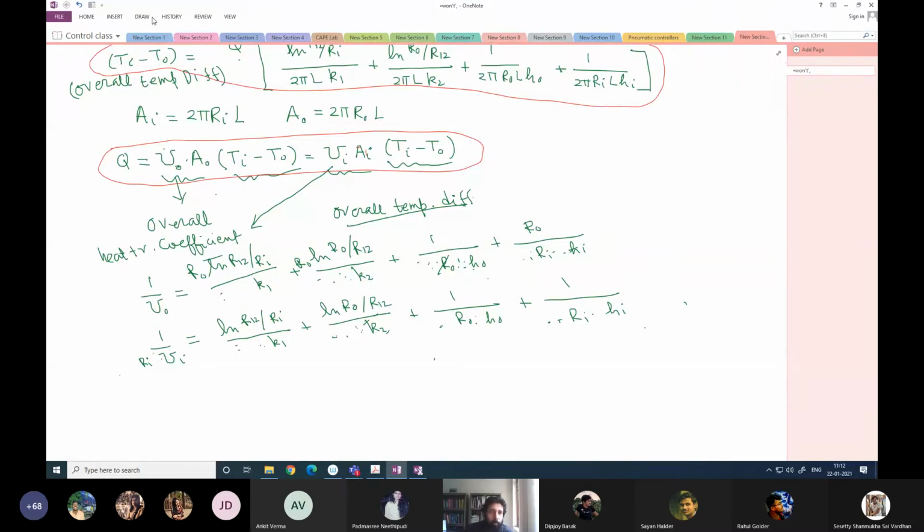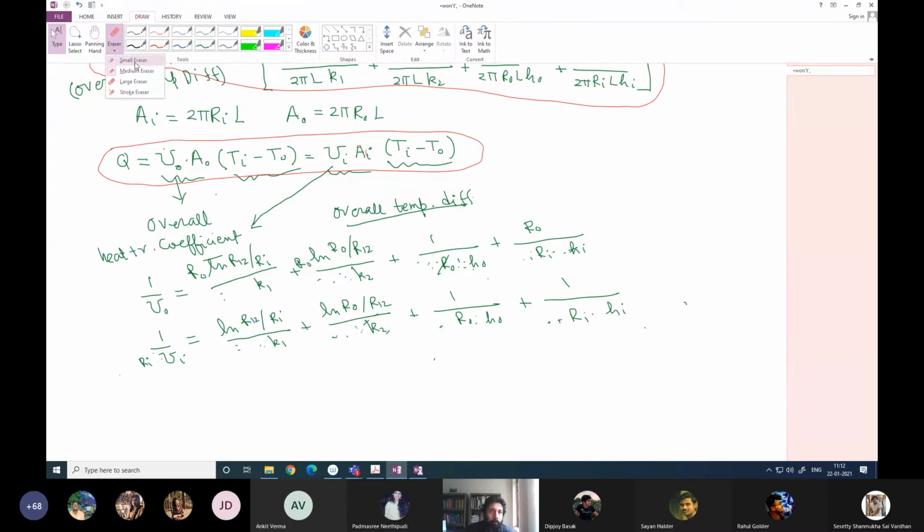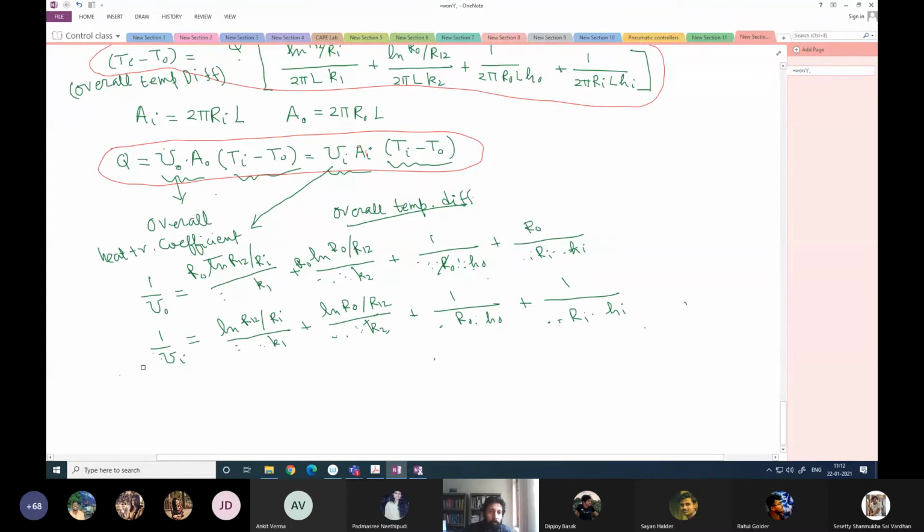Here we multiplied by Ri. So we multiply here by Ri, so this is Ri and this is Ri. Here Ri cancels, and Ro cancels. So this is a clean expression for